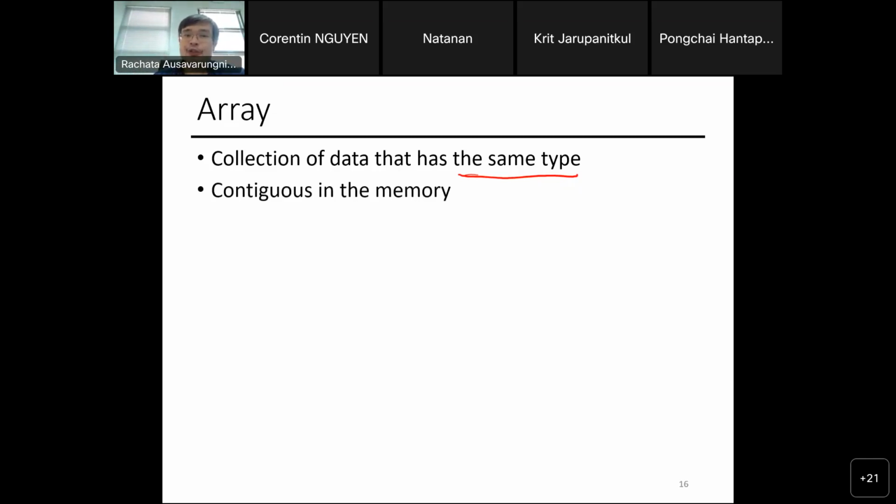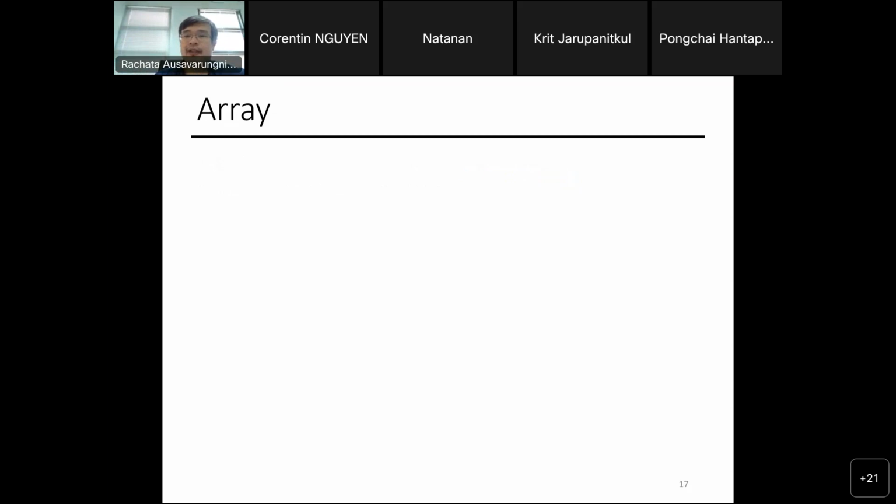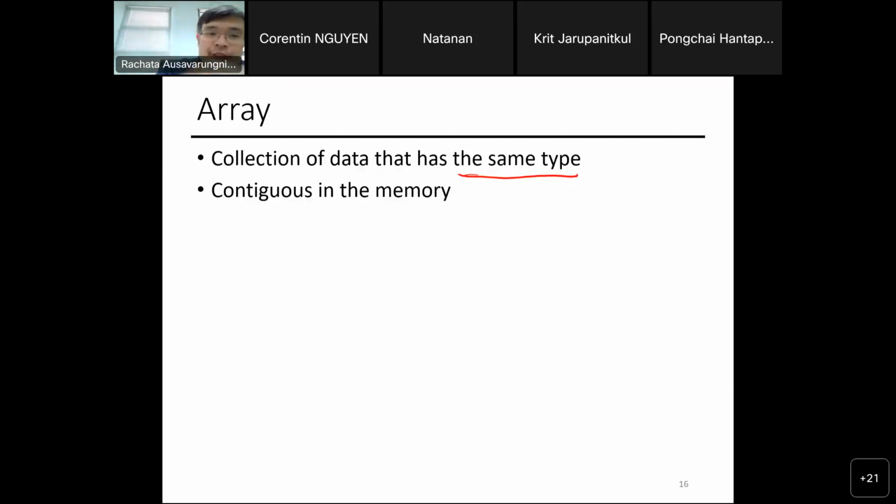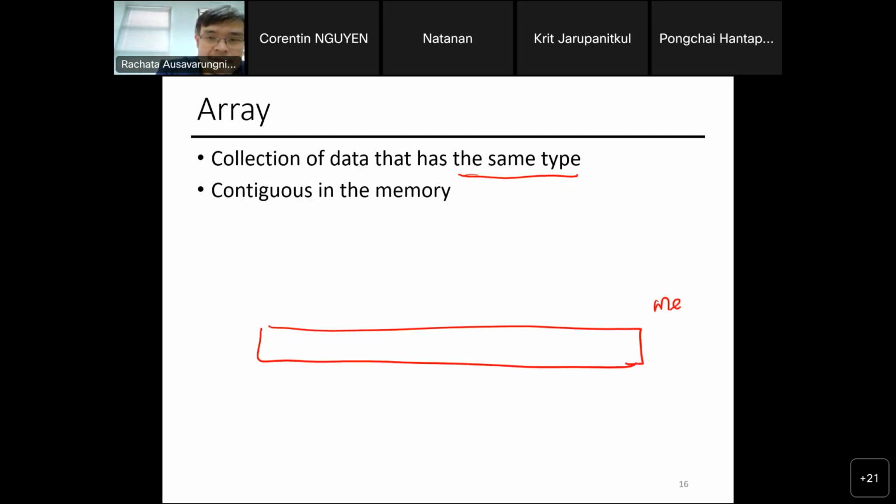Let me visualize what an array is. When I say contiguous, let's say this is your memory.